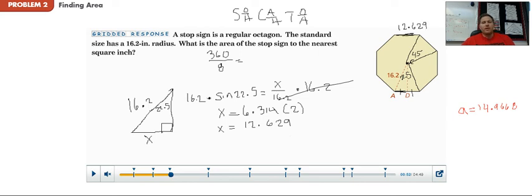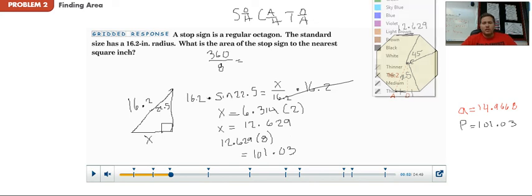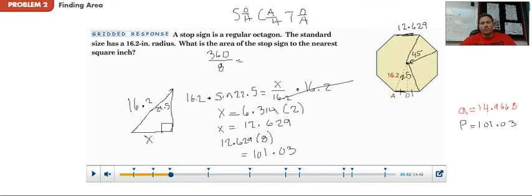So we want to find the perimeter. Well, how do we find perimeter? Well, if there are 8 different sides and each side is that, we are going to do 12.629 times 8. And this is going to give us a perimeter of 101.03. So we get a perimeter right here of 101.03. And so now if I have those two things, apothem and perimeter, I'm just multiplying these two together. So my final answer, put it in blue right here,